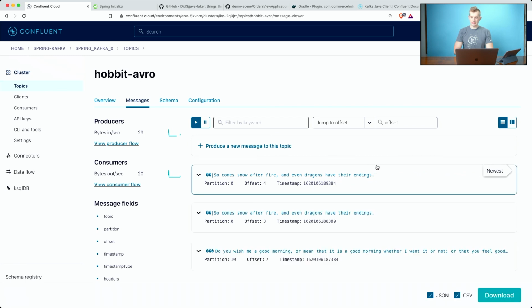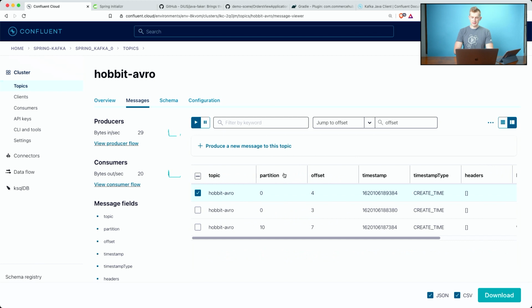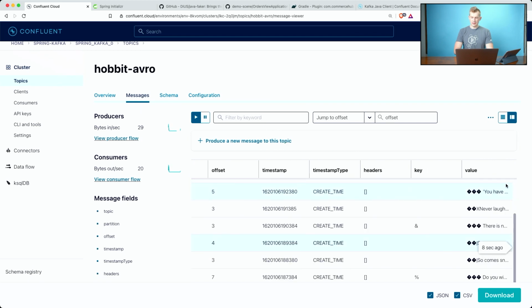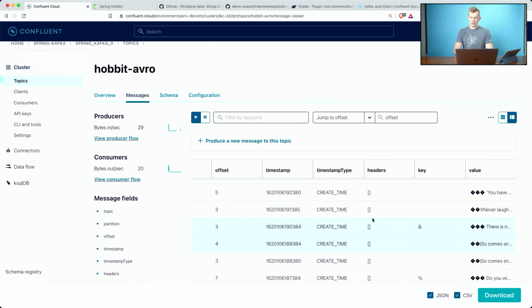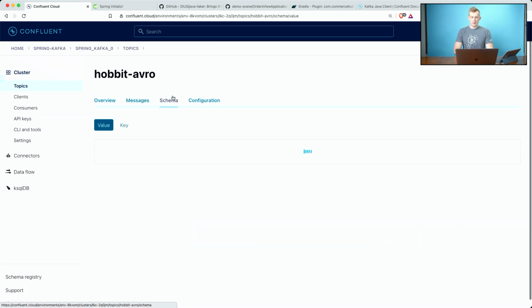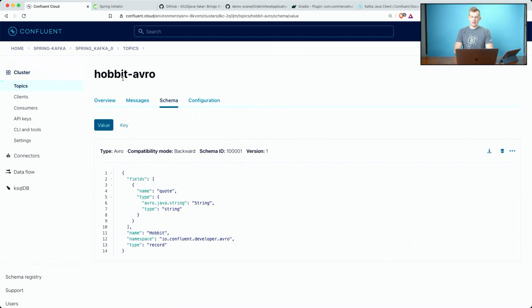Now we are able to see something like this. So the value is stored in Avro format. Again, the UI does not fully show this. However, we can now see inside our topic, in the schema tab, we finally can see our schema. We can see the version of the schema. We can modify the schema and so on and so forth.